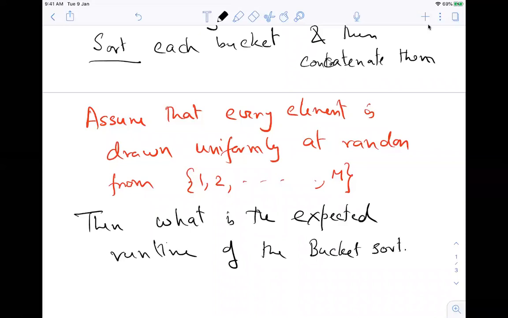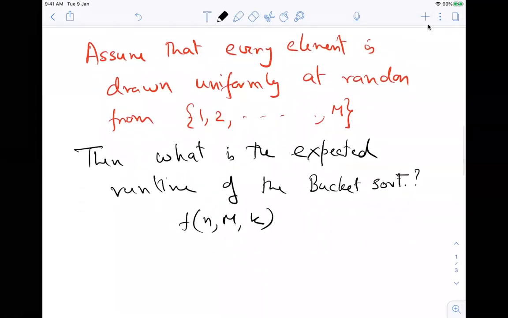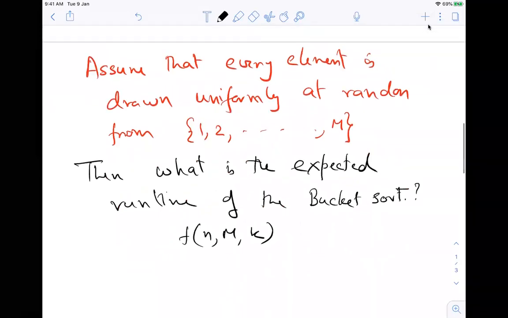Of course, this runtime will be a function of n, m, and k, right? I want you guys to go and think about this and try to prove it. You should be able to compute it exactly, and then you can see how to minimize it.